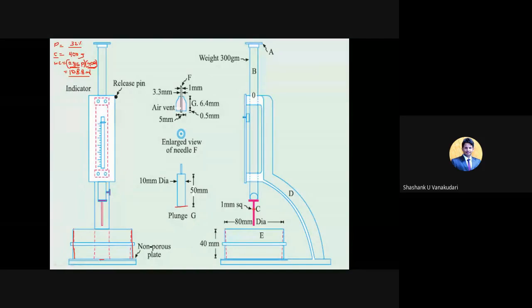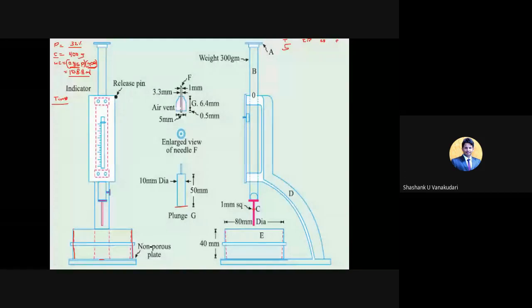Clear? So now what you need to note down: in the normal consistency test, you noted down the percentage of water required to make the standard cement paste. In this initial setting time test, you need to note down the time. At what time will you get those results, in the sense the penetration value 33 to 35 mm from top? For that, you need to note down every 5 minutes. So this is time, this is initial reading, this is final reading, and at last you will note down the penetration value.